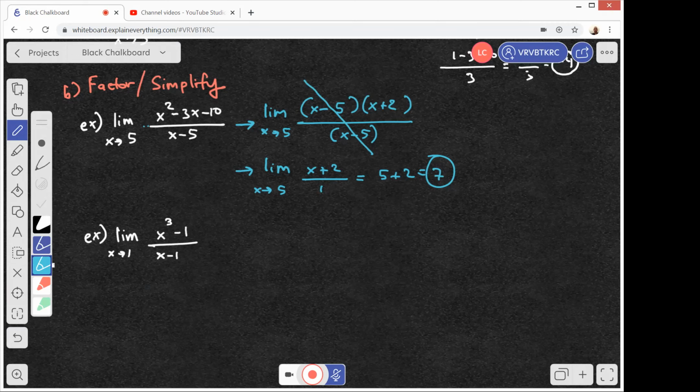So here we go. We're going to factor this out. So it's the limit. So every time you got to write limit, the moment that you stop writing limit, it's not a limit problem anymore. It's a different type of problem. It's like something else you created. So we are dealing with limit problems. So you have to write the word LIM. This is a limit as x approaches 1. However, the numerator, we're going to factor that out. So this is a difference of cubes. So whenever you have